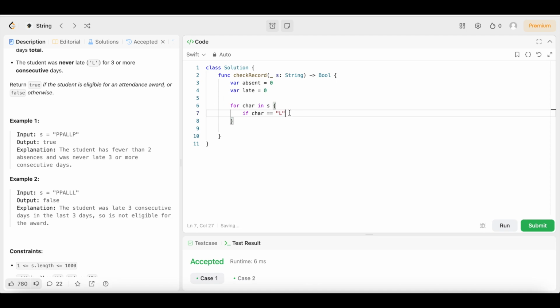like so, we're going to come down here and say late plus equals 1, because every time we see an L, that means we are late. So this right here, remember, is going to keep track of how many times the student was late. So every time we see an L, we're going to increment late by 1 because that's one time that he was late. Then we're just going to come down here and say if late is greater than or equal to 3, we're going to return false, because that means he was late 3 or more times. So we already know automatically we could return false. Then we're going to come down here, we're going to say else,